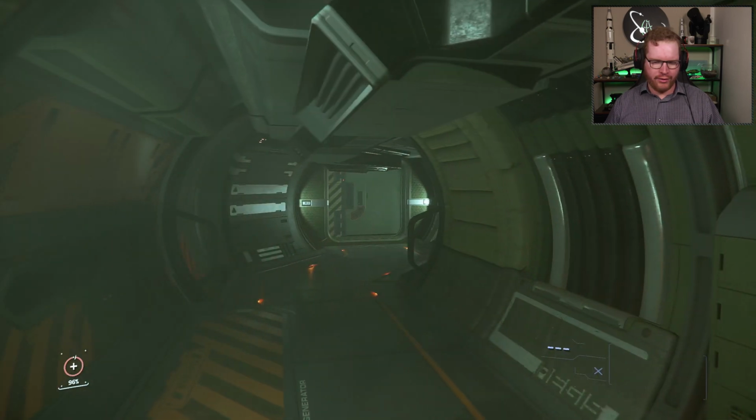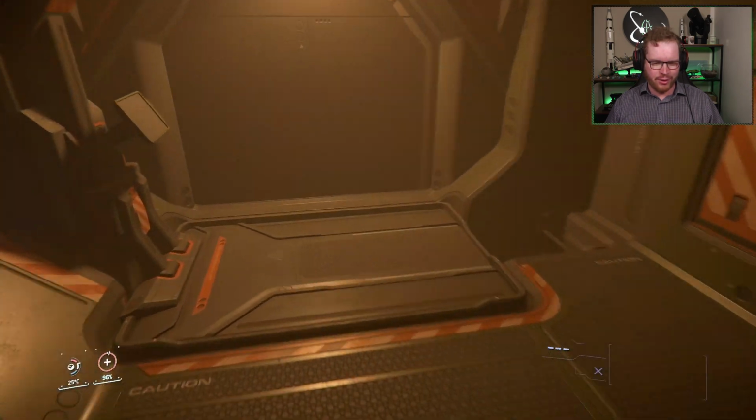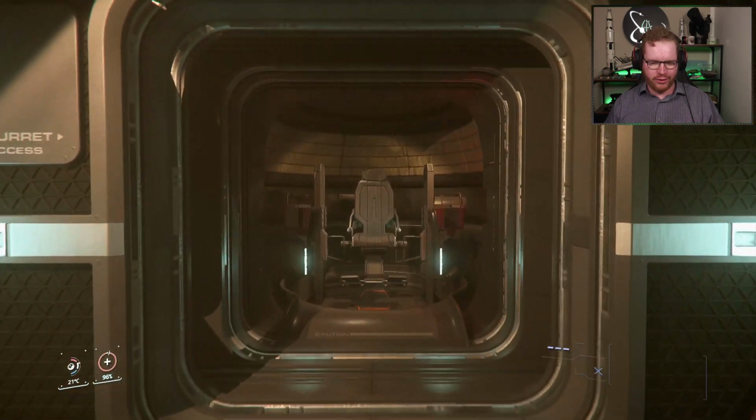There's a whole level I haven't seen. Okay, let's finish the lower level first, then let's go explore this together. I completely missed this on my first walkthrough. We're back down in the cargo area, and I just wanted to show you here, rearwards, you have access to